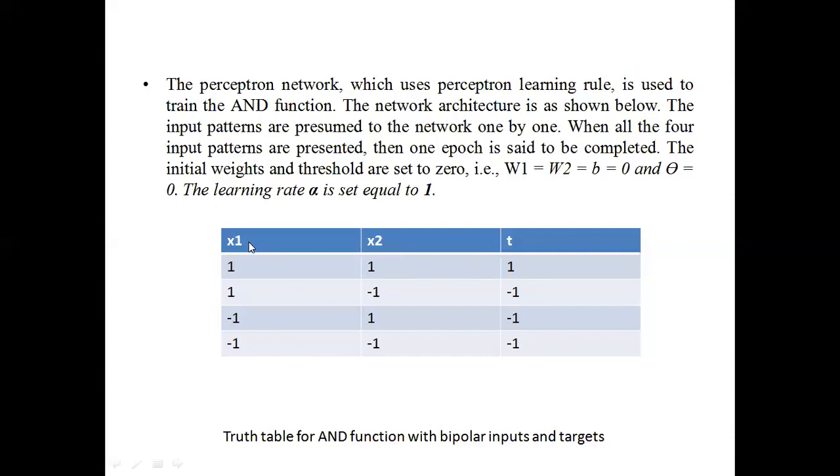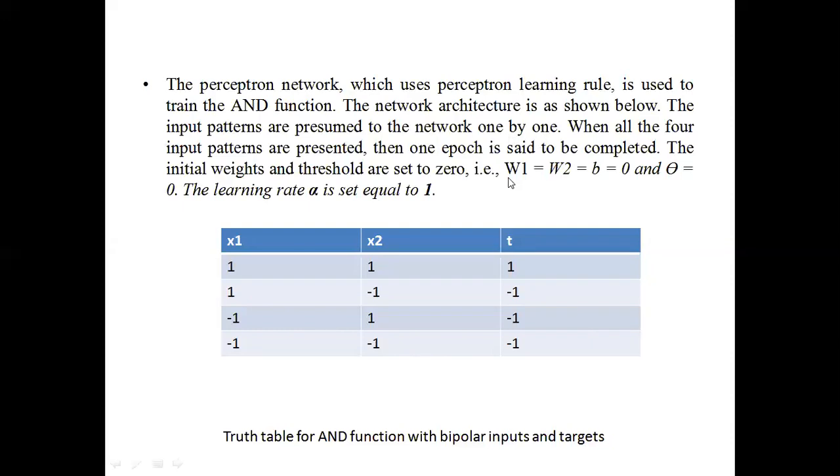But when the x1 become 1 and x2 become -1, then the target output will become -1. And the same case will be for the -1 1 also and -1 -1 also. So the target output for the AND function, in terms of the bipolar input, is 1, -1, -1 and -1. Okay, so this is basically the truth table for AND function in case of the bipolar